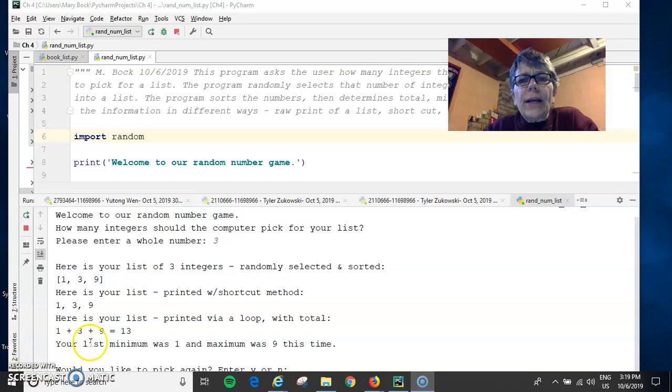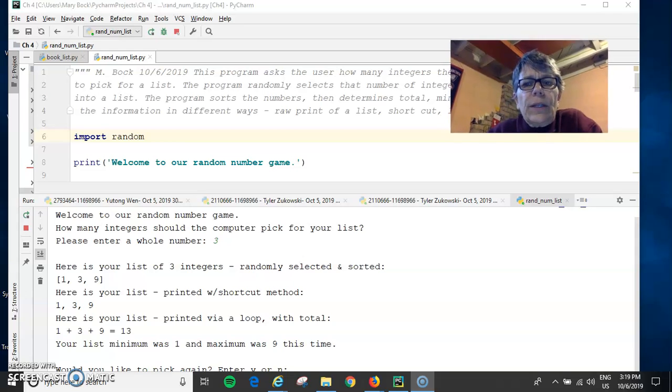Hey Tech students, I am showing a solution for the random number list program. It is a good example of what you may find on the midterm, and so I wanted to share that